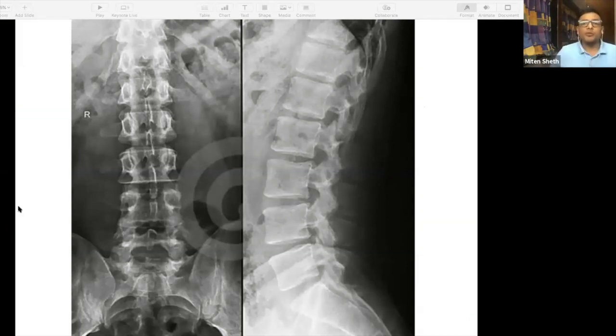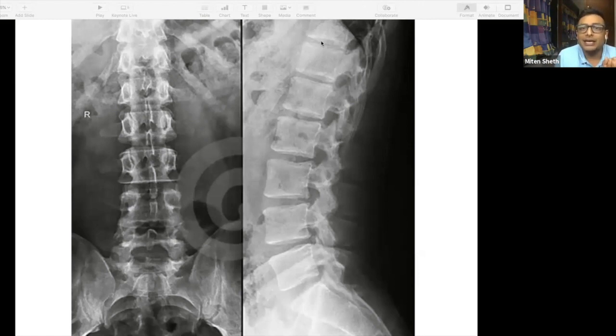Okay. Now coming to basic reading of an X-ray. Whenever you read an X-ray, first you have to see that the view is fine and it's covering everything that you want to see, which means if the patient is having a problem at the lumbosacral junction, there is no point in doing an X-ray at the dorsolumbar junction. That's why see that you are covering all the points properly. Otherwise, sometimes the patient has got a problem over here, and this is where your X-ray is. So once you have an X-ray in front of you, see if there is adequate exposure and everything is covered.